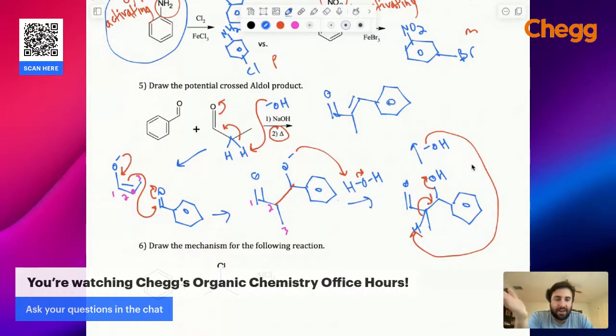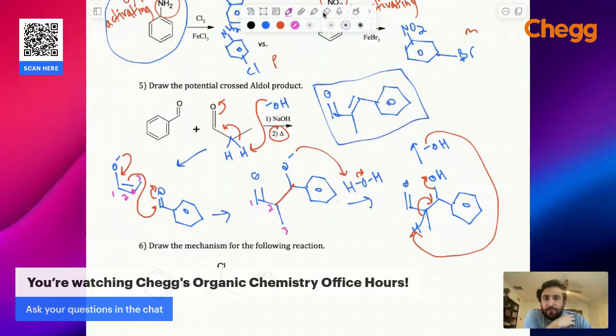So we lost H2O. We lost an H and an OH. This is the H and this is the OH, which together make H2O. So that's why it's condensation. So that's the product there. There is our crossed aldol product. You can very clearly see the fragment which came from